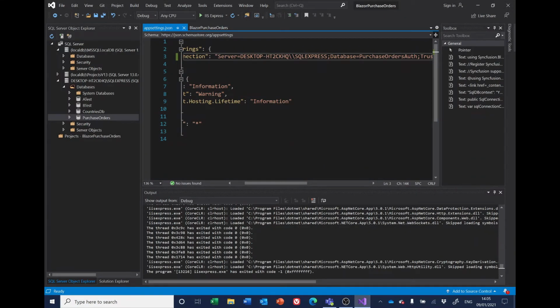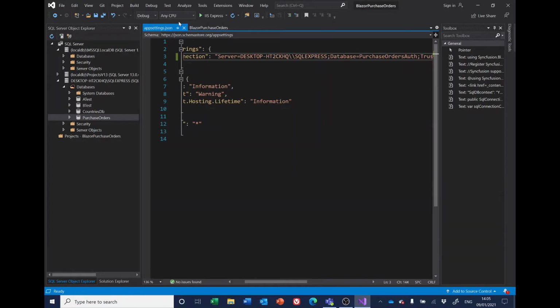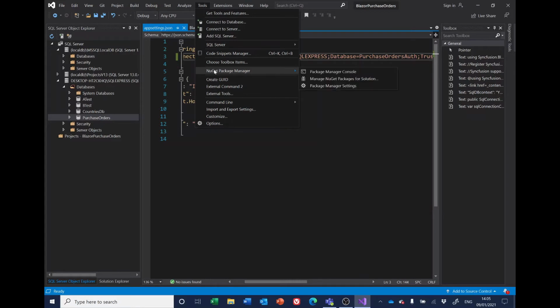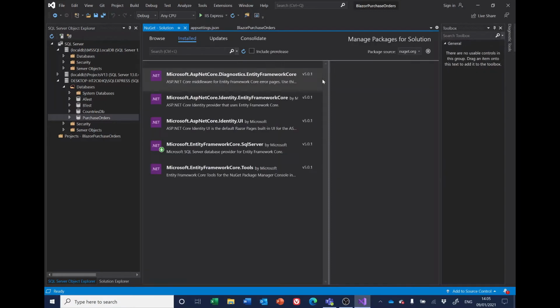The next things we need to do are to add the two packages for Dapper and Syncfusion. So I'm going to close that window and go to Tools, NuGet Package Manager, and we're going to be looking for Dapper and Syncfusion. So if you click Browse,